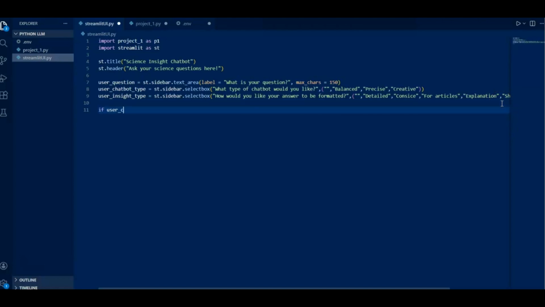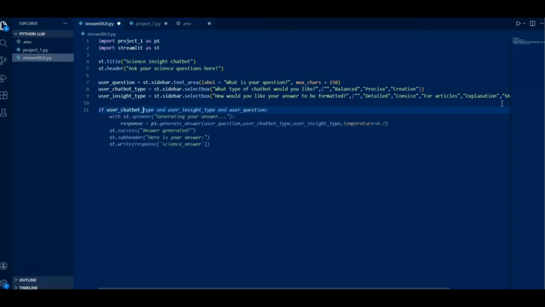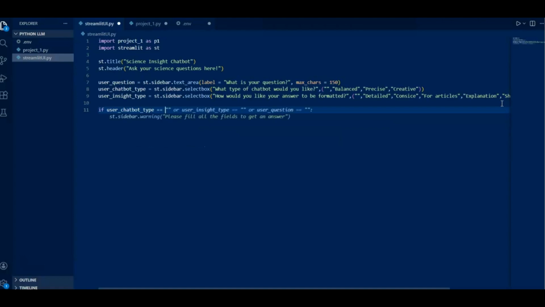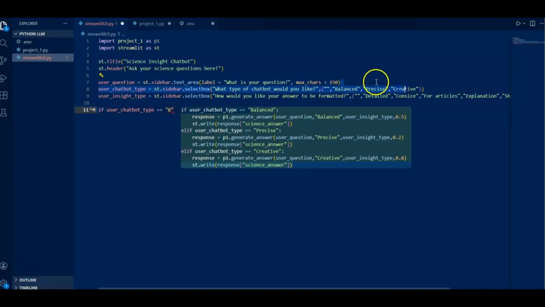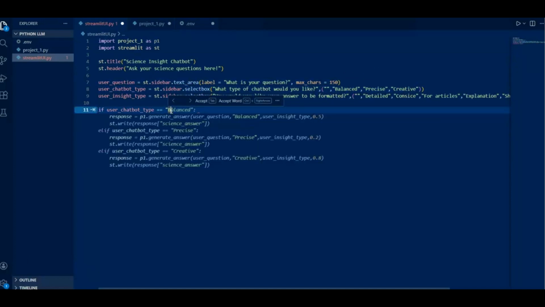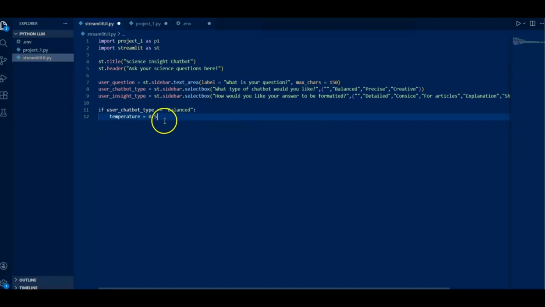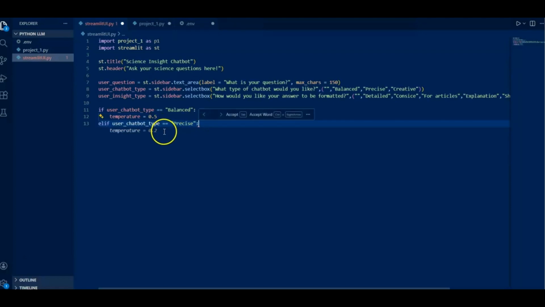if user chatbot type equals to, let's say, balanced, because that's what we've selected. We have made option here balanced, creative, and precise. So I'm going to say if the option which they select is balanced, then temperature 0.5, as 0.5 is the balanced. Then we have, if it's precise, it's going to be 0.2, or we can set it as 0.1 to